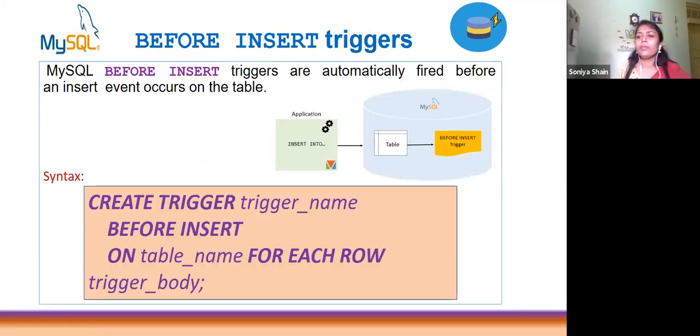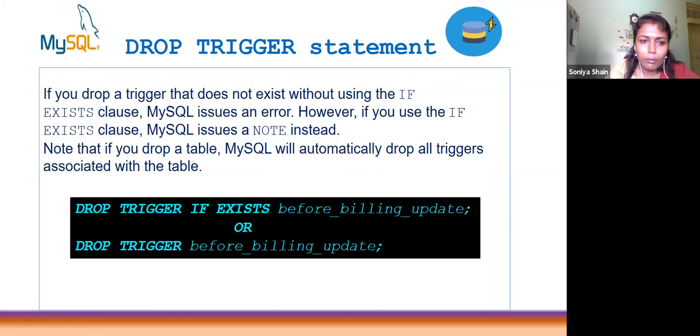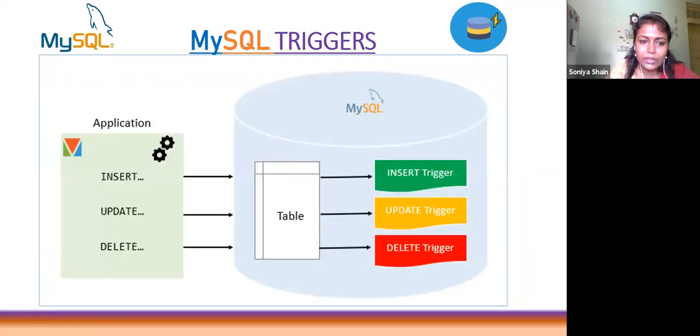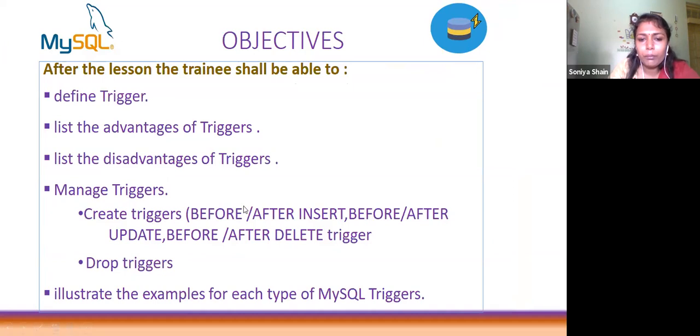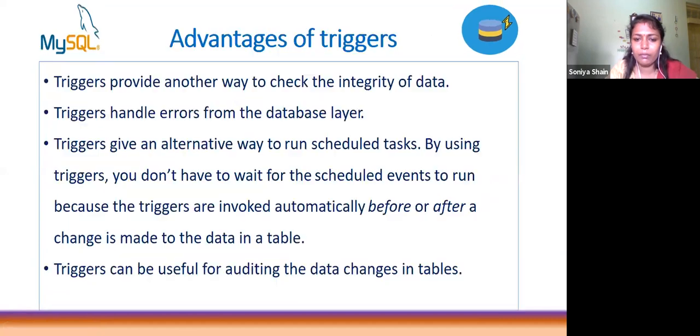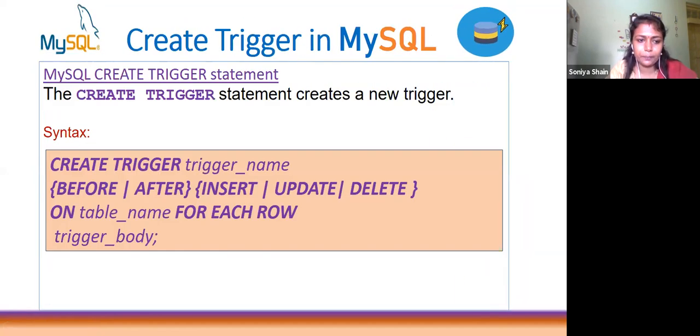Next, we have to go through the triggers in detail. Remember, what are the triggers we have to discuss? I have shown you here: before or after insert. That is before insert, after insert. There come two triggers. Next, in the case of update, before update, after update. Then again for delete, before delete, after delete. So these 6 cases we have to discuss in detail in today's section, with examples. First we will go through before insert.